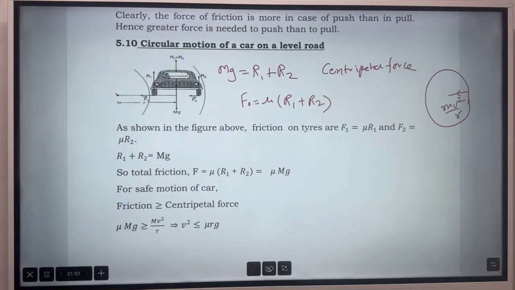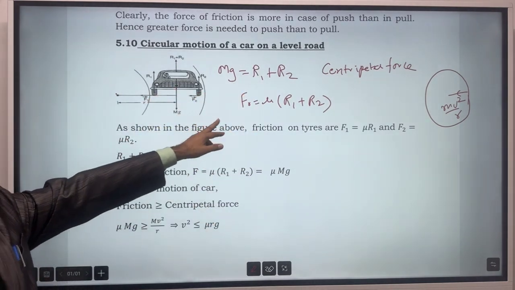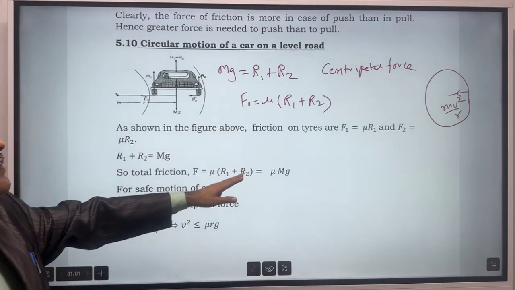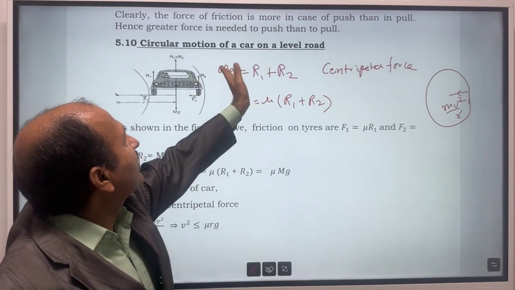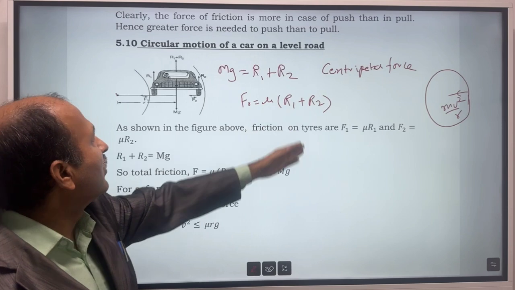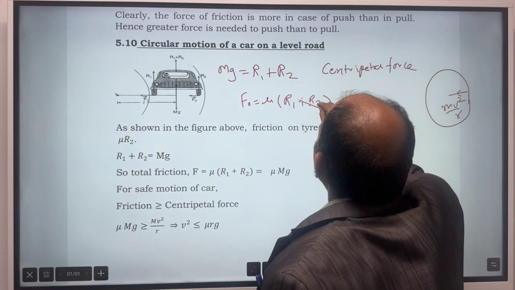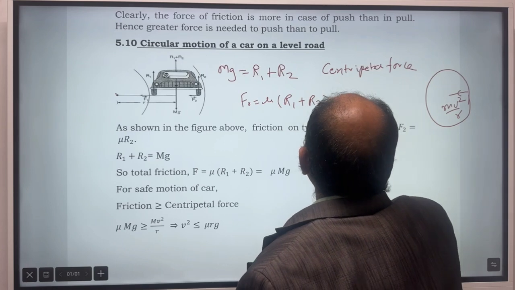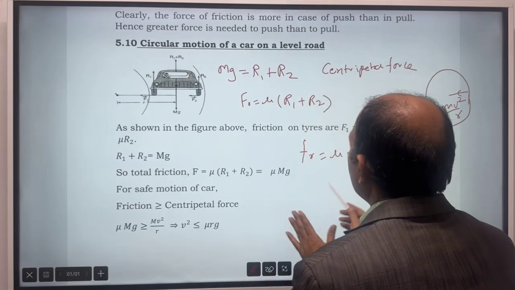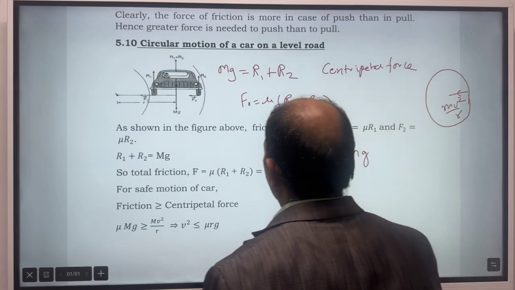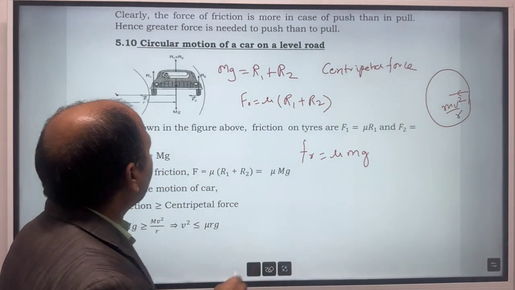Now we have mg equal to R1 plus R2, and friction is mu times R1 plus R2. So we can put this value in place of R1 plus R2 as mg. So Fr will be mu mg. When we put R1 plus R2 equal to mg here, we have got Fr equal to mu times mg. But this frictional force must be greater than or equal to the centripetal force, so that this car